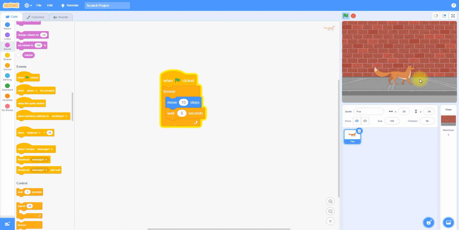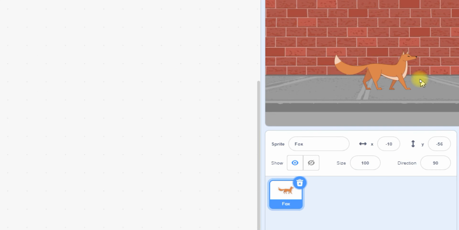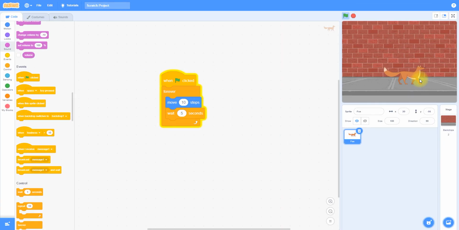Once I zoom, I will show you. Now you will be able to observe that it will move after 5 seconds. Now you can see it moved. Now again you can see it moved. So it's moving effectively. It's called moving. When I click wait after 1 second, it will move and wait. If you want to stop this, you must click this red button. Once you click on this red button, it will get stopped.